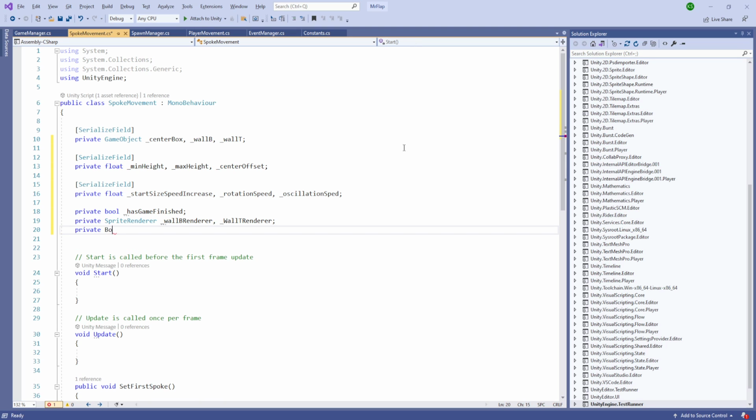We'll also need a box collider 2D, and this one is going to be the wall B collider and the wall T collider, and we'll also need the collider for the center box. And after having all these variables,